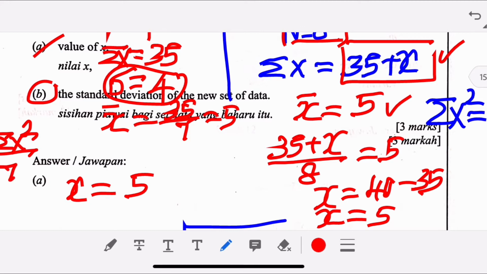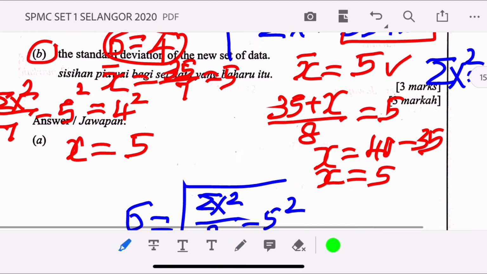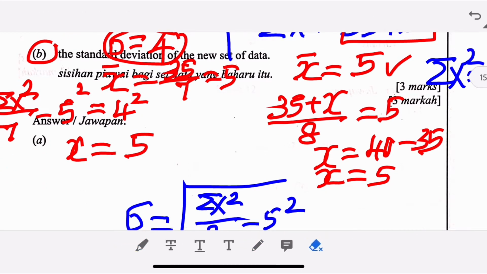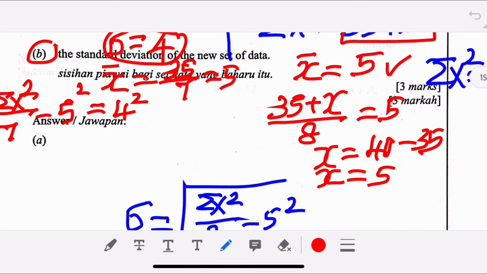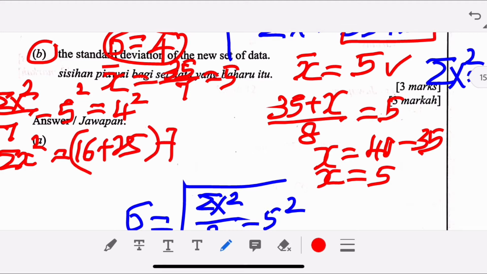So you have the sum of the 7 data squared divided by 7, minus 5 squared, the mean is 5, equal to the variance, which is 4 squared. Now I'm going to solve for my original sum of the data square: it is 16 plus 25, times 7. Sum of the data square is 41 times 7,